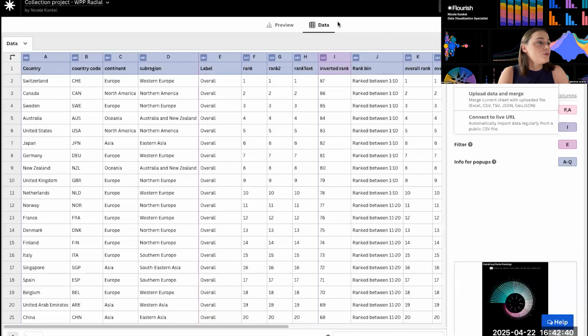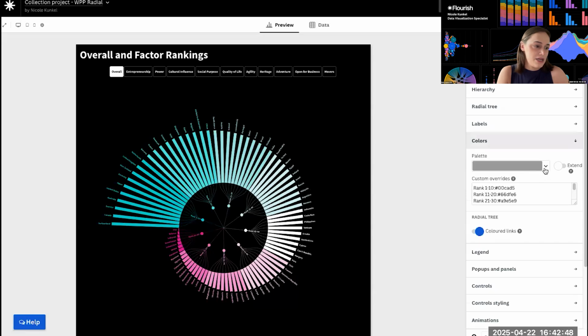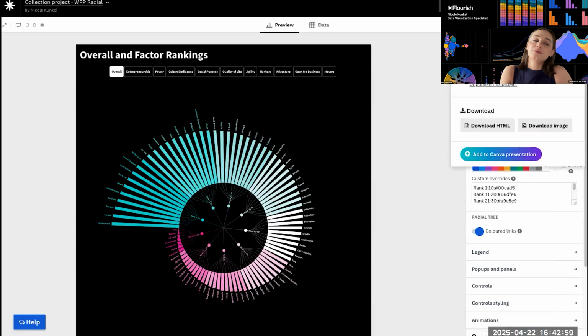Another thing, when you do publish a chart, I do want to just point out, if you ever did make changes to it, Flourish is going to recognize this and turn yellow with this export and publish button.